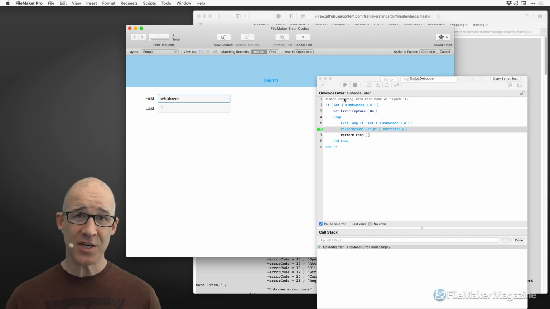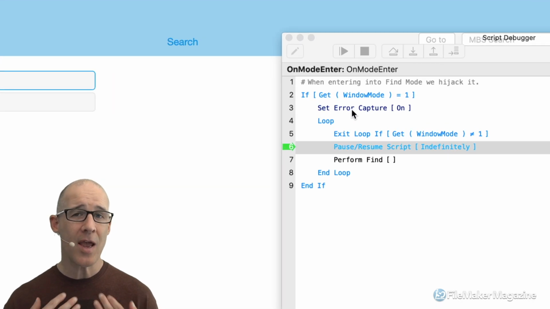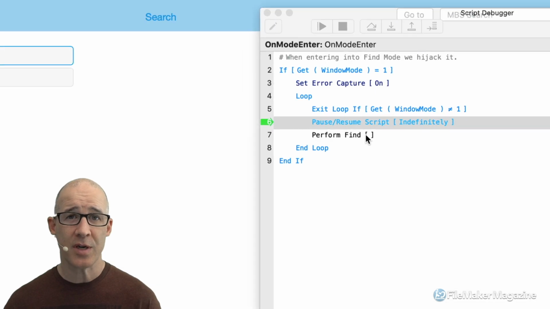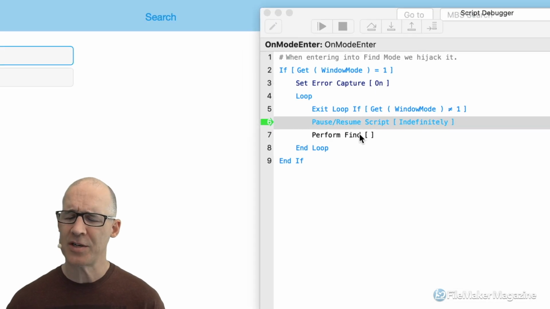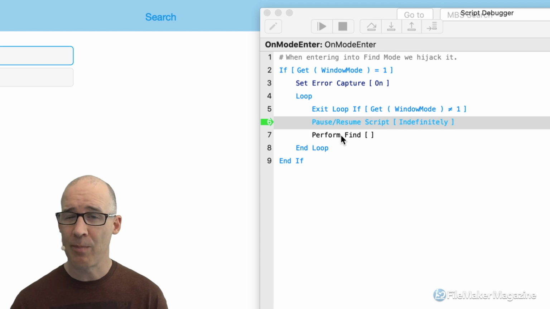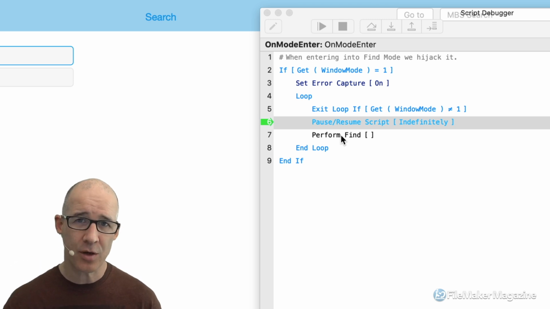So I have hijacked FileMaker's find mode so that it does not show a dialog box. I have turned on the error capture saying I am going to handle this. And we can see what FileMaker is going to do. Now, as a result of hitting the enter key, this script is going to continue, or the find is going to be executed. I actually haven't tried it without the perform find step, but I believe I'm probably right. I have to have the perform find here in order to tell FileMaker to execute,